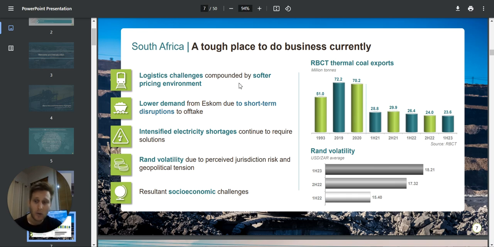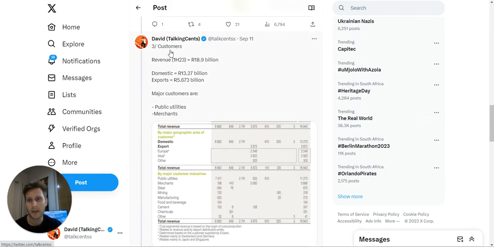In South Africa, they themselves are saying it's a tough place to do business. Now, why is that important? Just here on my Twitter page, I put a thread the other day. Their revenue for the first 6 months of 2023 was 18.9 billion. 13 billion of that money is coming domestically. So although the price of the commodity they're exporting, coal, is priced in dollars, their input costs are rising too, in rand terms, because of cost-push inflation. But the exports are not a big chunk of their overall revenue. Most of the revenue is coming domestically from public utilities, which is most likely Eskom,